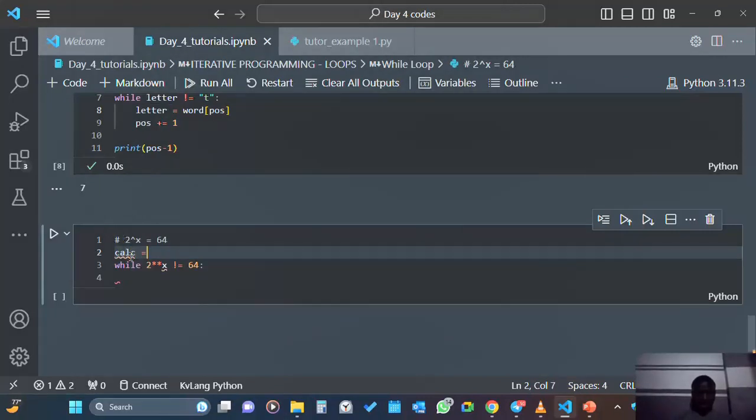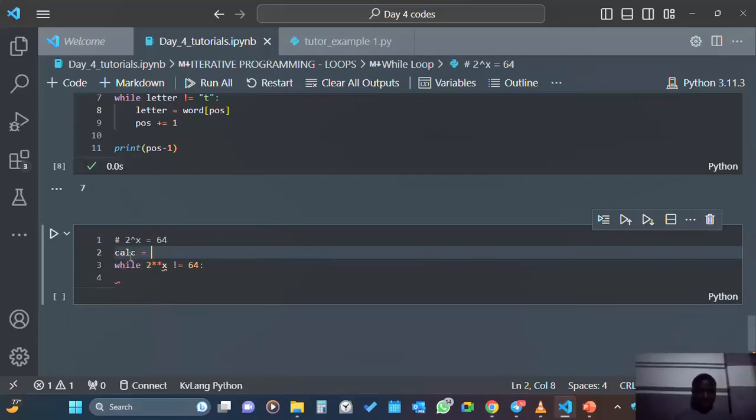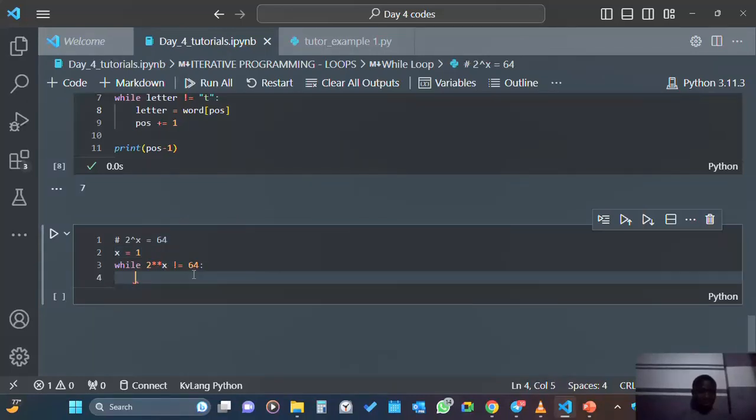Let's say calc is equal to 1. No, the calc we have is x, so x is equal to 1. So for the first instance, 2 raised to the power 1 is 2, right? It is not equal to 64. So then you print